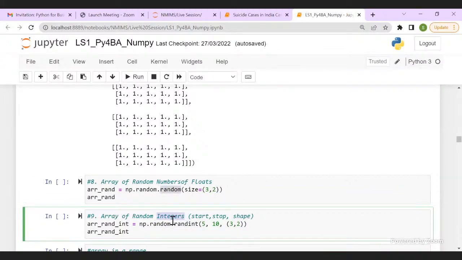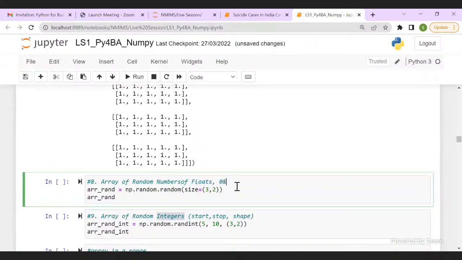Guys, one thing you have to understand, Numpy has lots and lots of functions, lots and lots of modules. I cannot discuss each and every one, only the ones you will be using more frequently. The rest, as and when you require, you can always search and learn. When I am generating floats, I know the values are between 0 and 1.